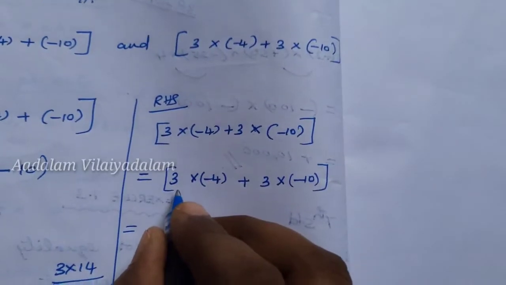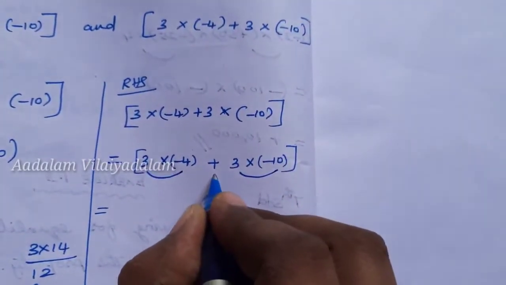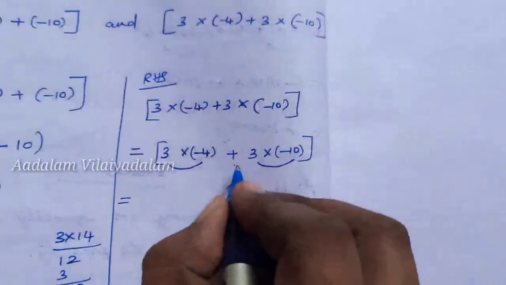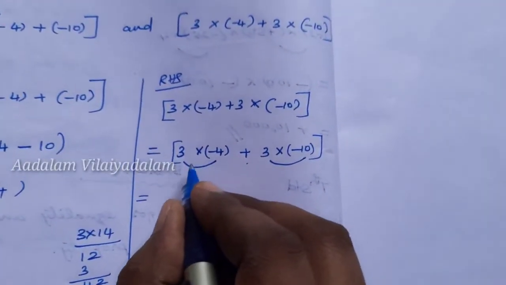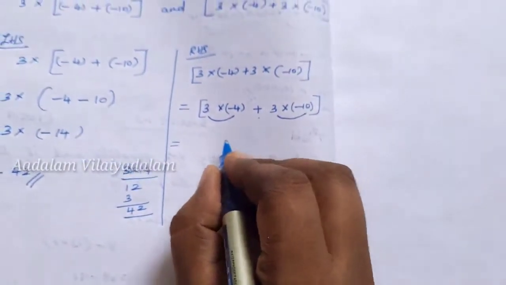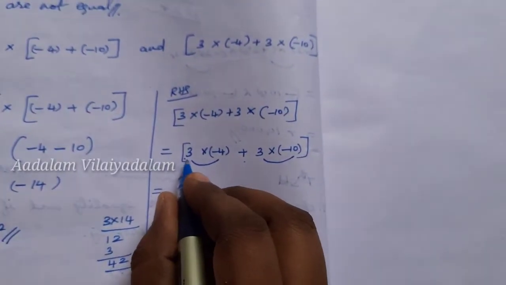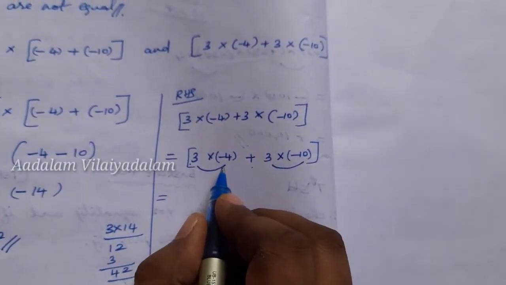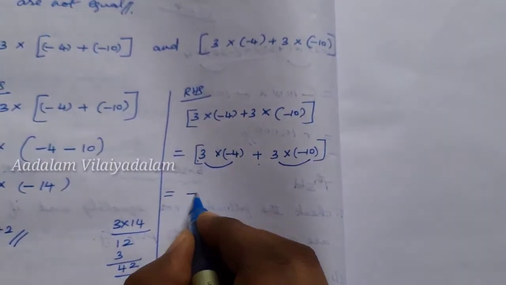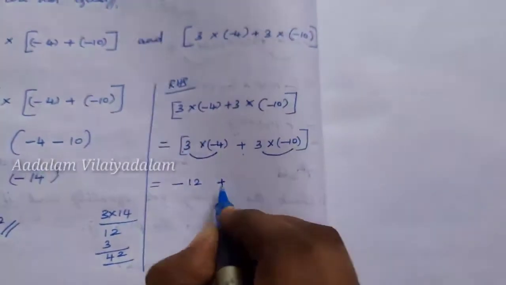So now just multiply these two values, because here they have given plus value. So multiply these two values, and then multiply these two values, and finally add those two values. Here plus, there is minus. So if you do sign multiplication, plus into minus you will get minus. 3 4s are 12, so we'll get plus sign.